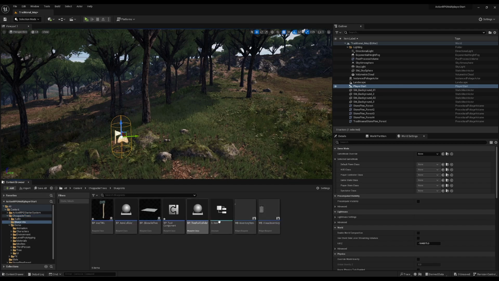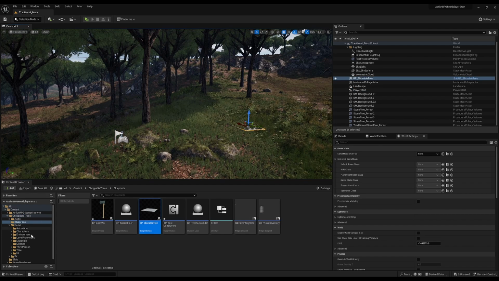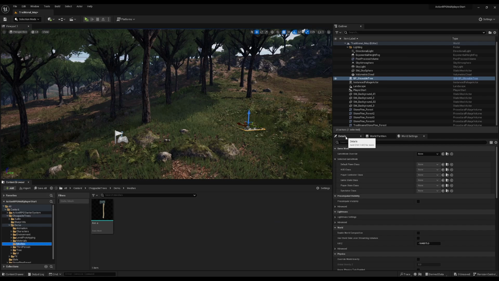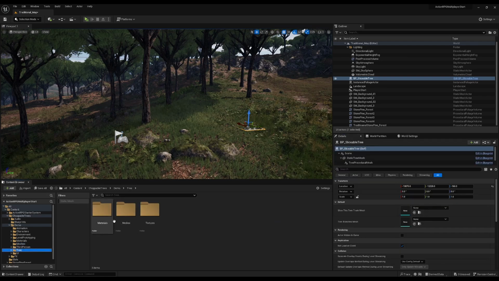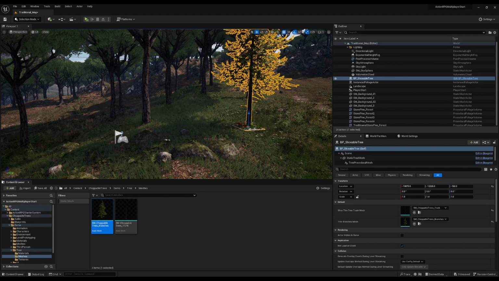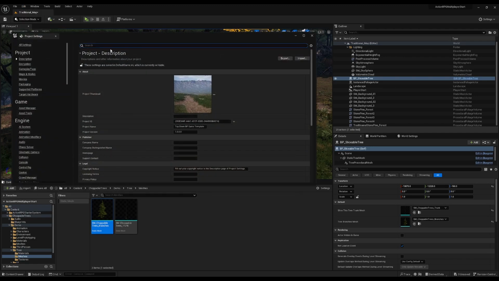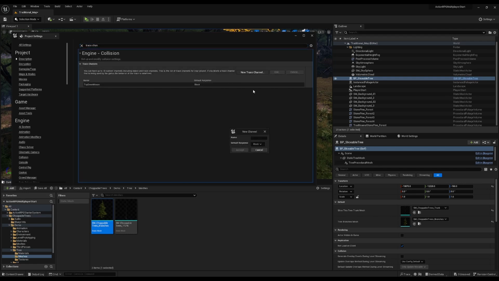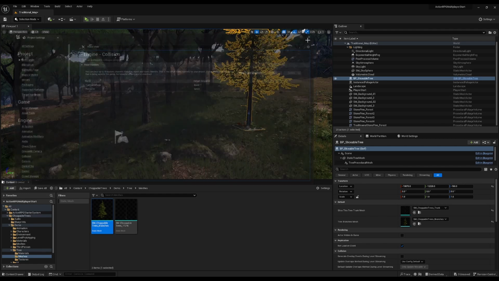So go into Blueprint, and we should find Sliceable Tree. Let's drag one there. Then we go into Meshes. Make sure you have Details select, or not Meshes, you go into Tree Meshes. So Demo Tree Meshes. Select in Details panel, you'll see Tree Trunk Mesh. Bring that over here and drop the branches here. That should be good. There's one more thing we need to do real quick, which is add a resource trace channel. So go into Project Settings, type in Trace Channel. New trace channel, call it resource with a capital R, set it to ignore, hit accept, and then just as